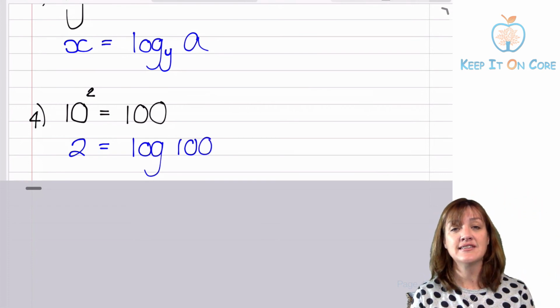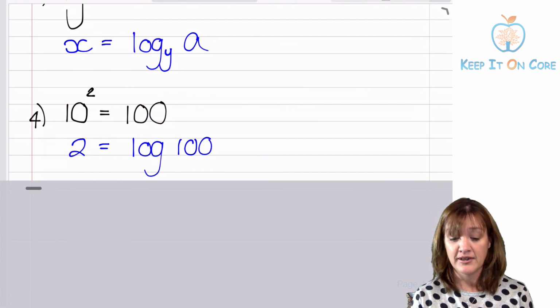So that is an essential skill that you need to know how to do in order to move further with logs. So practice that,